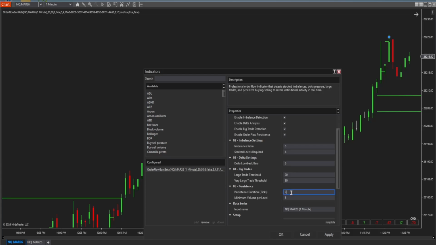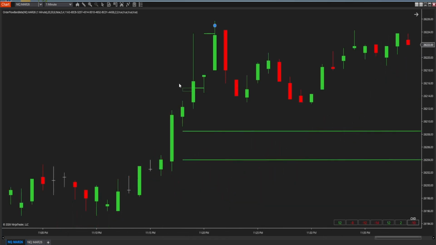If that makes sense. So at 3 ticks, it has to tick up 1, 2, 3. That means it has to be aggressive buyers that are slamming in and moving the market up. Tick 1, tick 2, tick 3 with a minimum volume of 5 per tick. So it has to be 15, if that makes sense. So let's go over that, and this right here